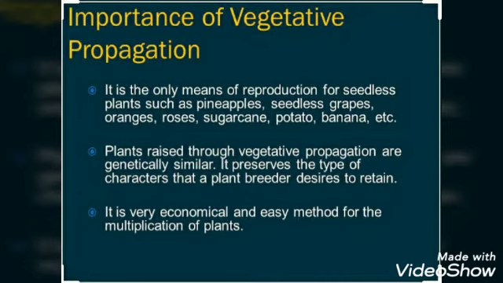The plants raised by vegetative propagation can bear flowers and fruits earlier than those produced from seeds. Such methods also make it possible to propagate plants that have lost the capacity to produce seeds, such as banana, oranges, etc. All the plants produced by vegetative propagation are genetically similar enough to the parent plant to have all its basic characteristics.